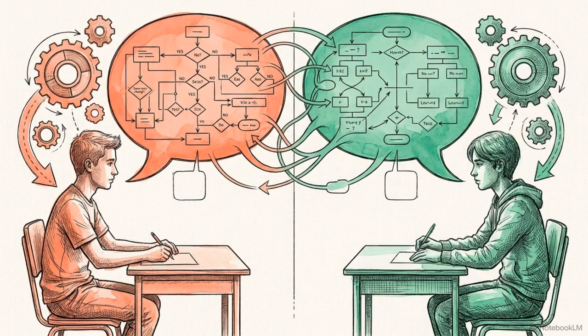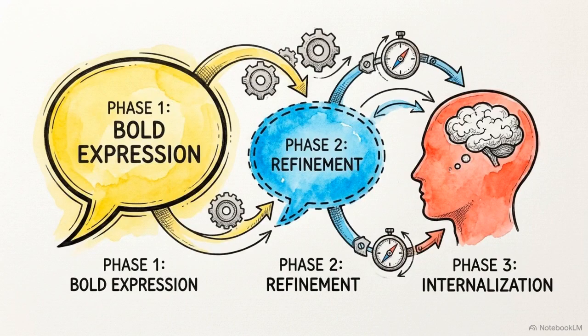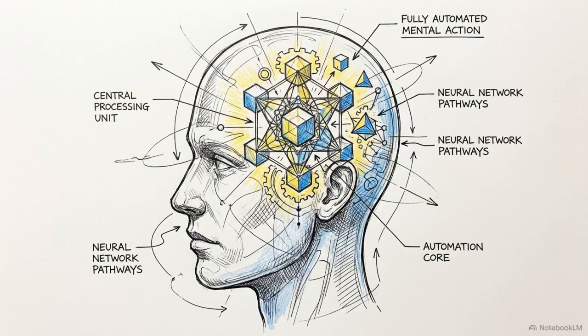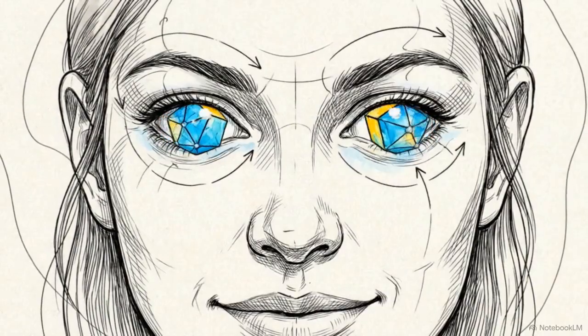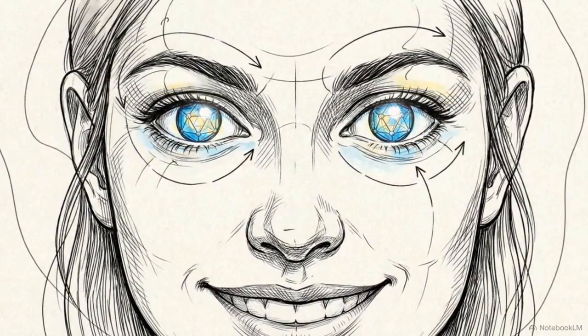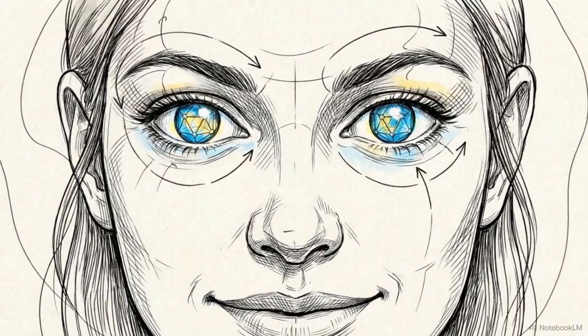The student now uses external articulated speech to carry the action. They must verbally state every logical step. As proficiency increases, this loud speech condenses down into whispers, and eventually into internal soundless speech. By Stage 6, the action transitions fully into the purely mental realm. The process becomes completely automated and instantaneous. The student looks at a complex problem and instantly intuits the structural solution without consciously registering the intermediate steps.